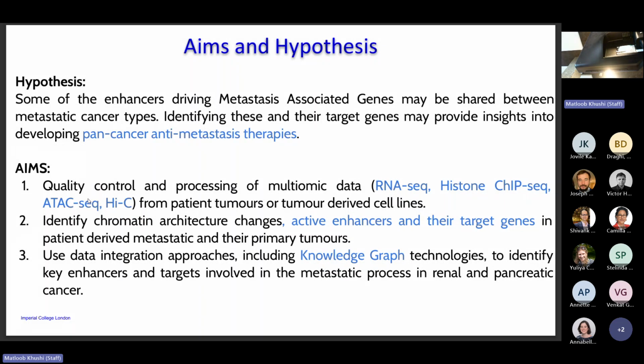In a cell, you have about 2 meters of DNA, and it's compressed into a 2-micron space, and it's wrapped up in these disc-like structures called nucleosomes. When you want to turn a gene on, for transcription factors to bind and polymerase to create your messenger RNA, it needs to open up from these nucleosomes. Accessibility is a way of detecting that. Hi-C is an experimental technique which can look at interactions between different regions of your DNA.